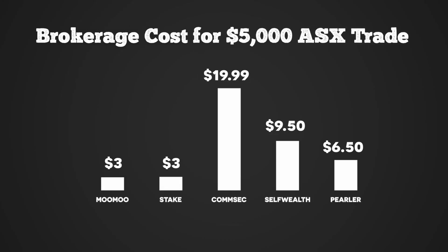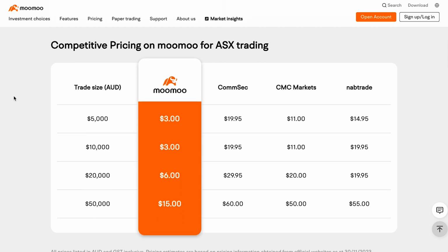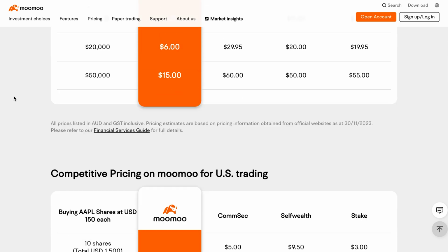Now, every time you invest into the stock market, you will need to pay a fee known as a brokerage fee, which can range drastically depending on which brokerage platform you decide to go with. Luckily, Moomoo has some of the lowest commission rates when compared to other Australian brokers, especially when it comes to